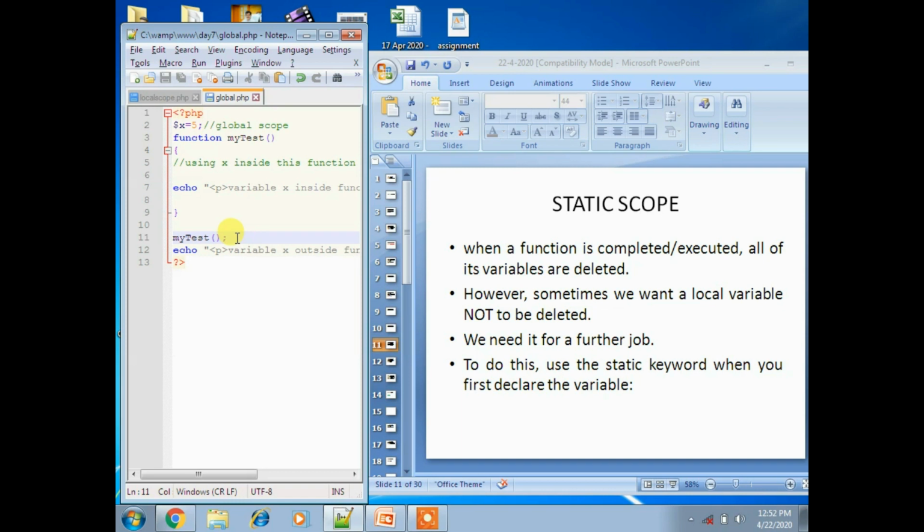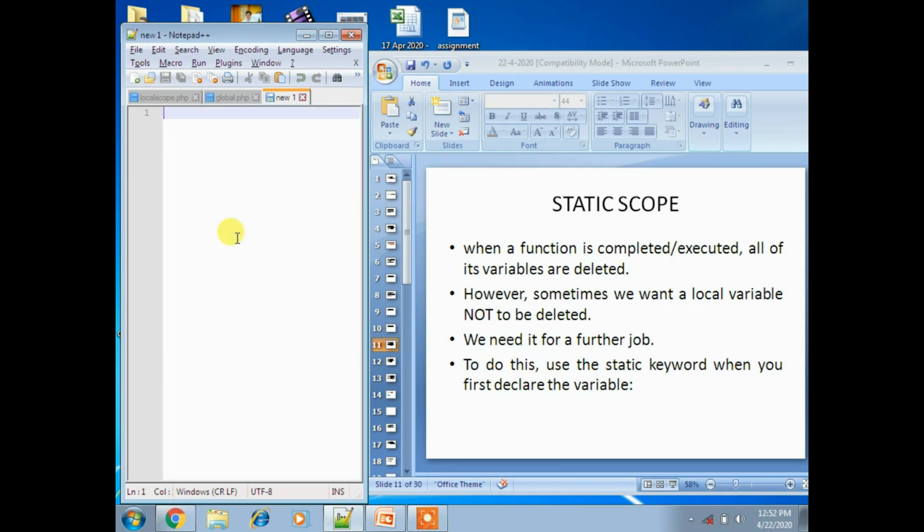So we'll see one example for this static. Take another example. I created one simple program, you can understand it easily, which has a function. I took one function, myTest.